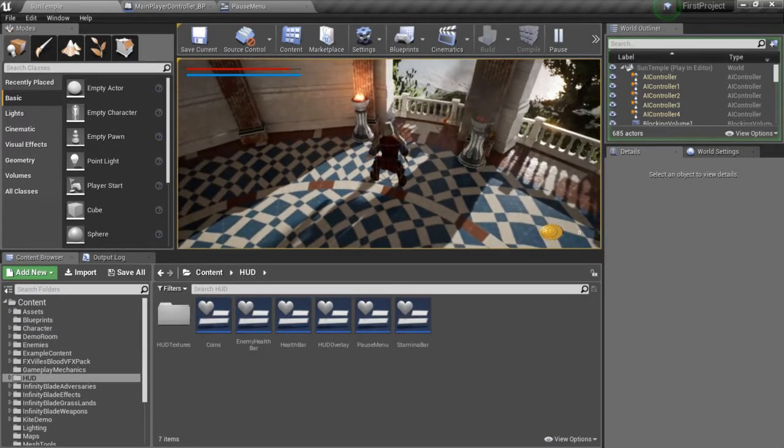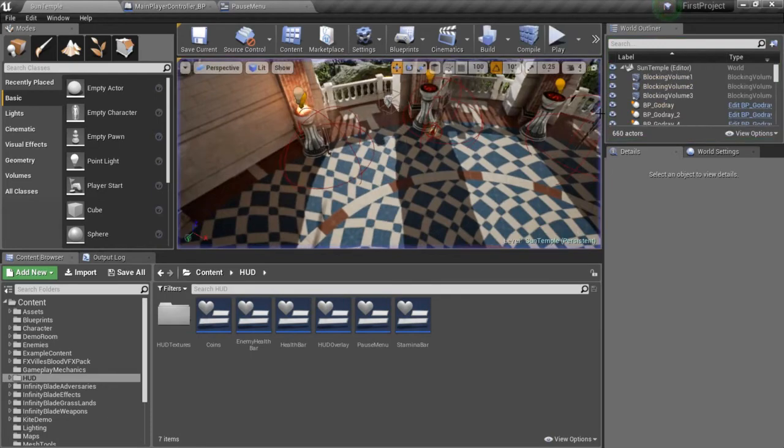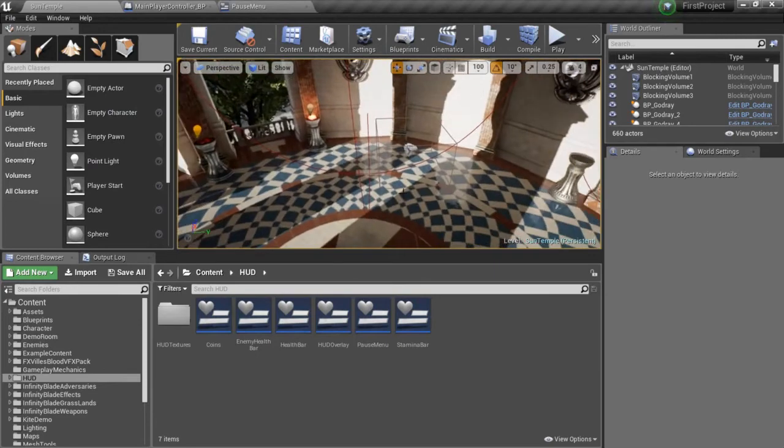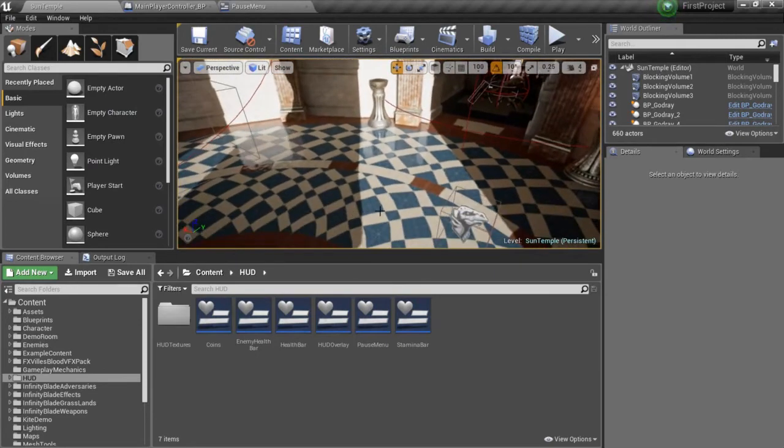So that is how we bind functionality to our buttons, namely our blueprint callable functions that allow us to save the game, quit the game, and resume the game. And so this is all looking pretty good. There's just a couple of details we have to fix, and namely those have to do with saving and loading